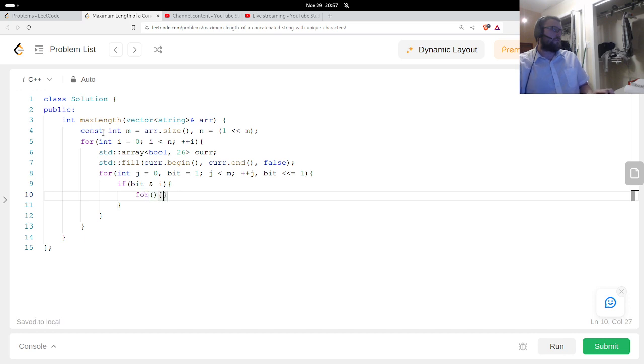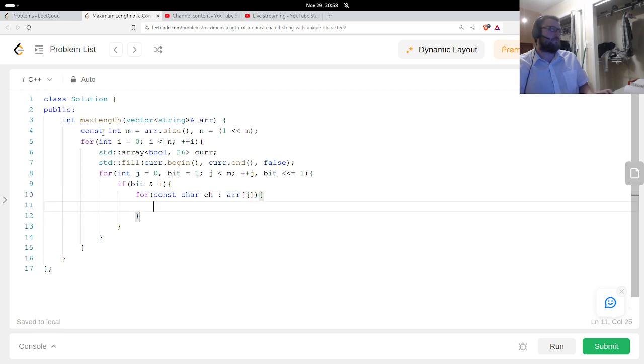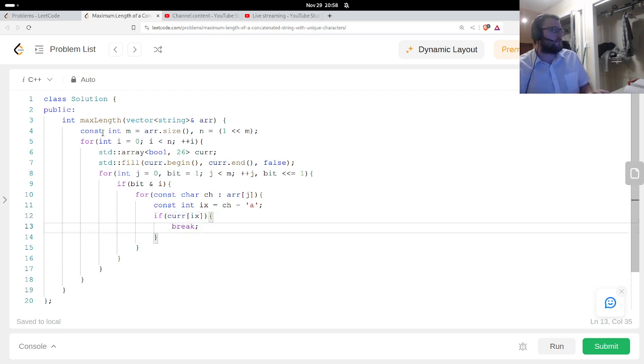Then we're gonna go through current of index, then break. Set j equal to m, and break here and break here.